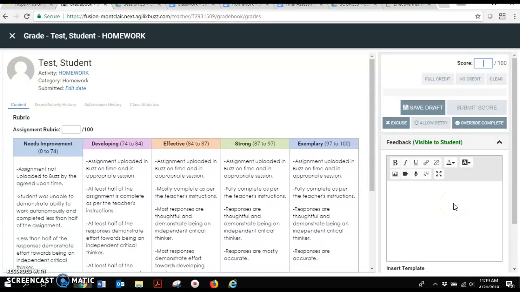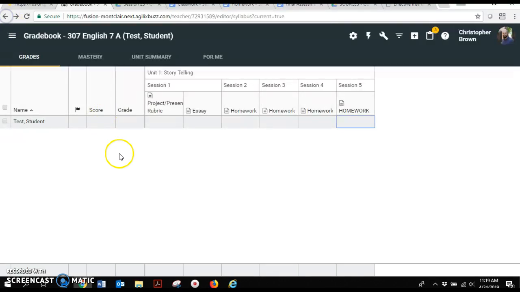Whenever a teacher enters a grade into an assignment and then either hits Save Draft or Allow Retry, the assignment seems to always get taken off the student's to-do list. And there are two workarounds for that. If we go back into the assignment itself,